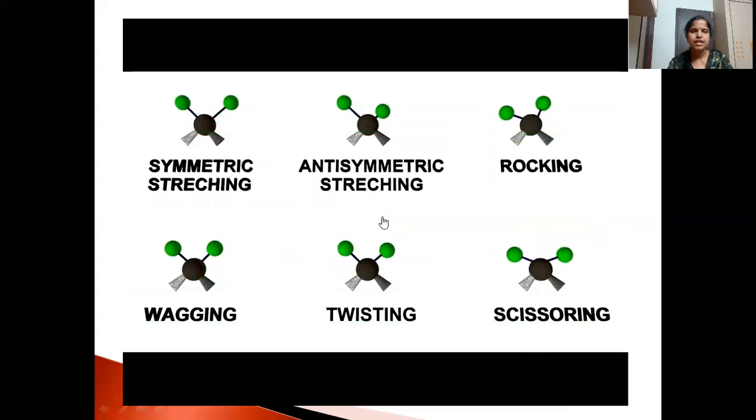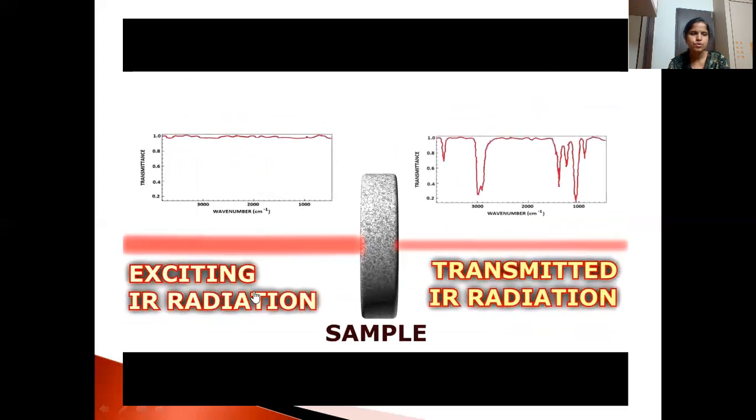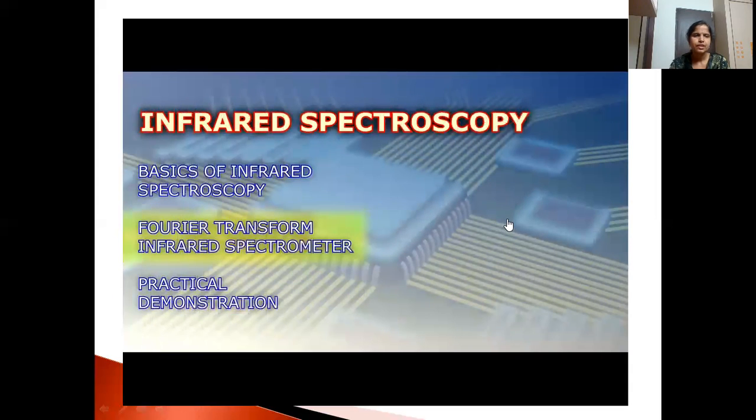These are the different types of molecular vibrations we saw in our last class, stretching and bending modes. How does the spectrum look? For absorption, where the sample shows some transmittance, there is a dip in the transmission. That means there is no transmittance at all at particular places. That is why the spectrum looks in this inverted form.